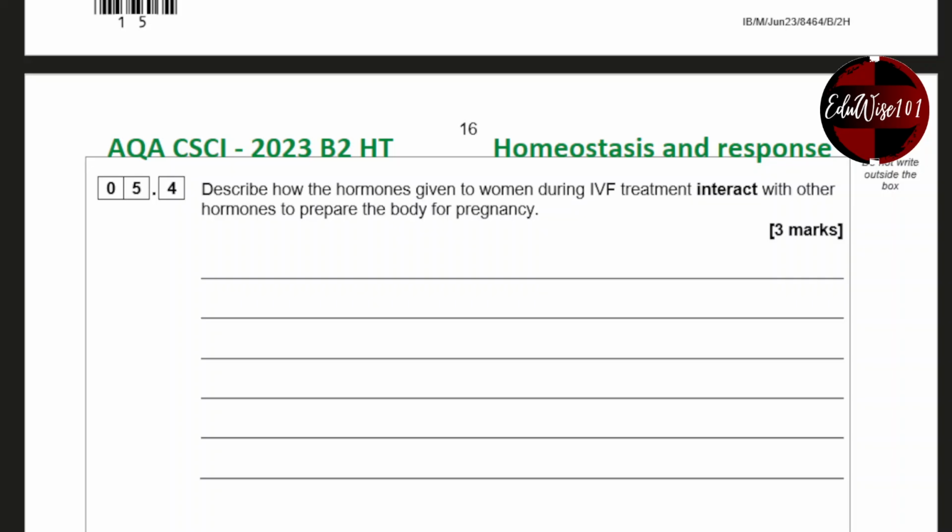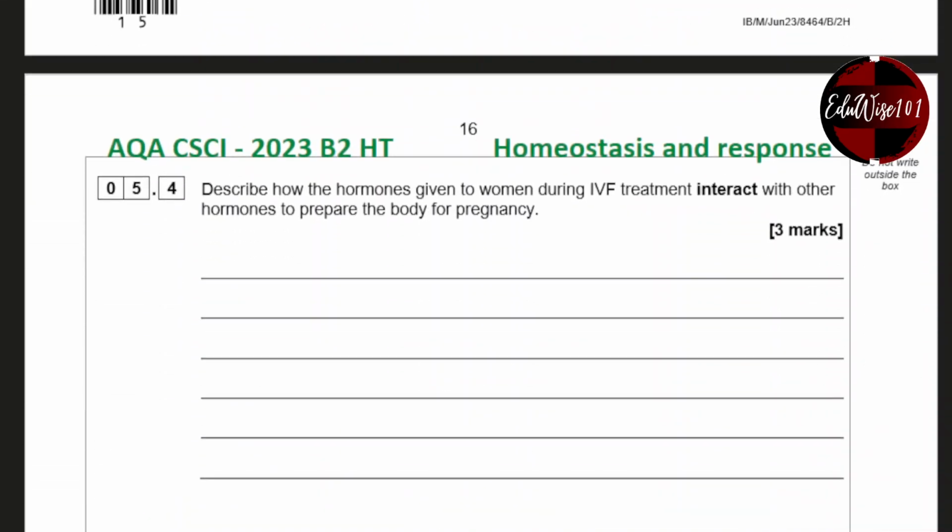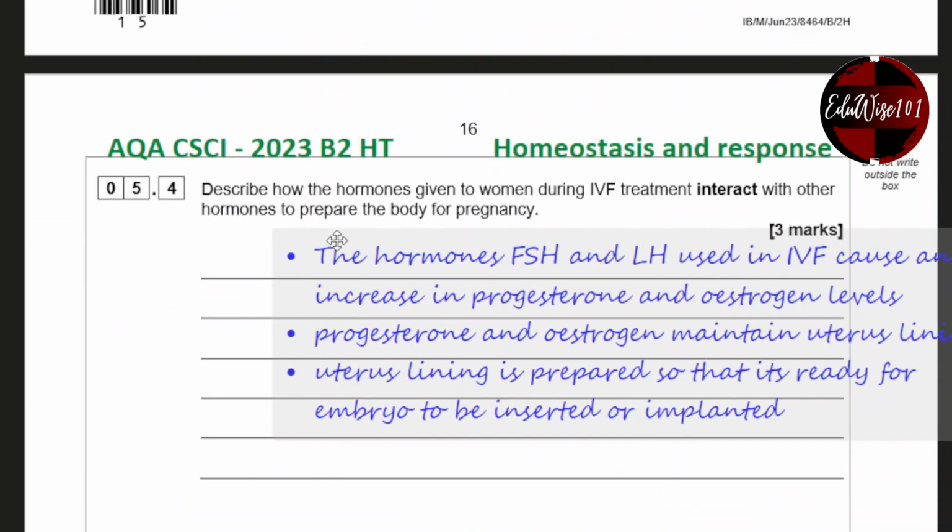Question 5.4. Describe how the hormones given to women during IVF treatment interact with other hormones to prepare the body for pregnancy. So, the hormone, as I said, stimulates the ovaries, but there are other hormones like what they have mentioned over here, LH and estrogen and progesterone as well. So you need to know the function of these hormones. The answer is